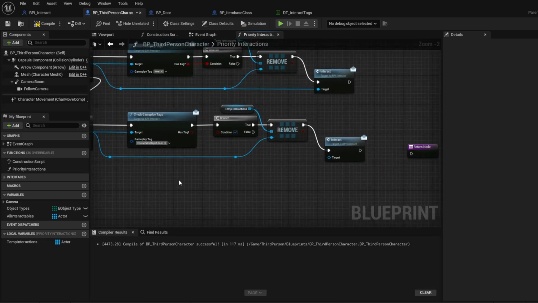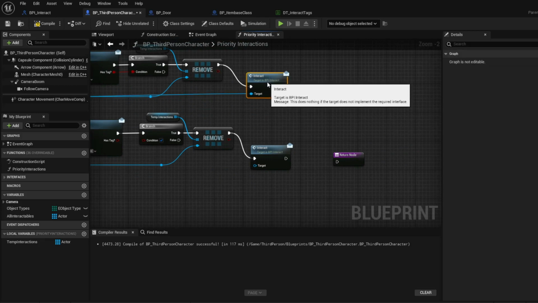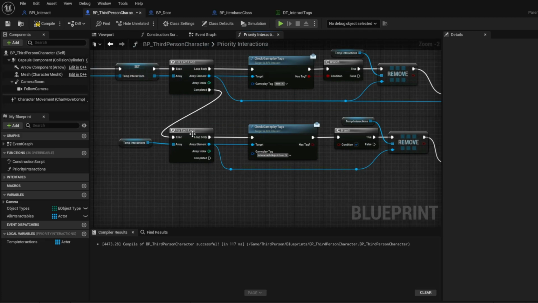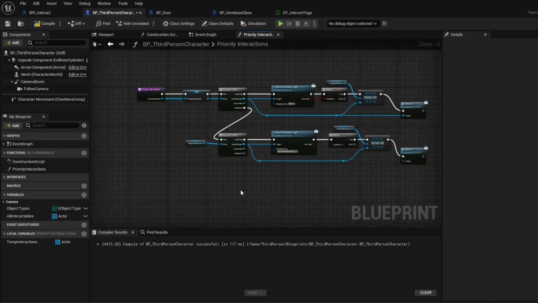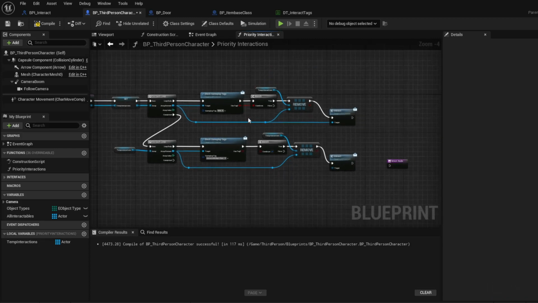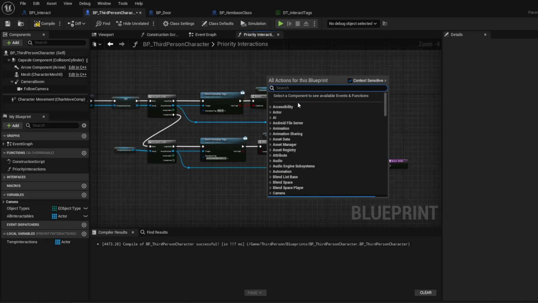and then once it's done with all the items, it'll interact with the door. Now, one more thing we want to do here is, let's say you want it to interact with these in order, but if there's anything that brings up a UI element, like a chest or crafting table or something like that, if there's an item there, you want it to interact with the item, but you don't want it to open up the chest on this interaction. Like, you'd want them to have to hit the button again to interact with the chest. I'll just save that. What we're going to do here is, if it ever hits true, we're going to do a